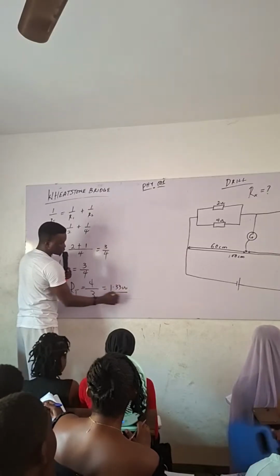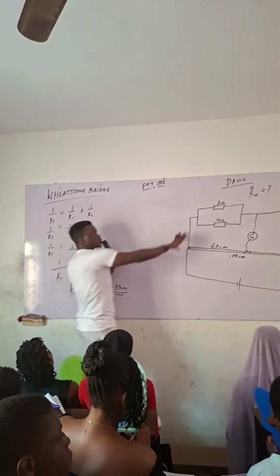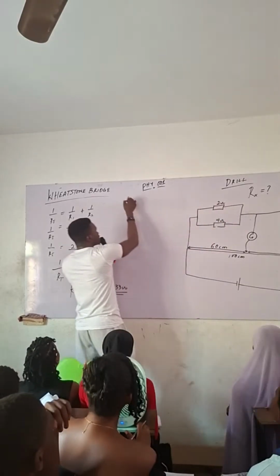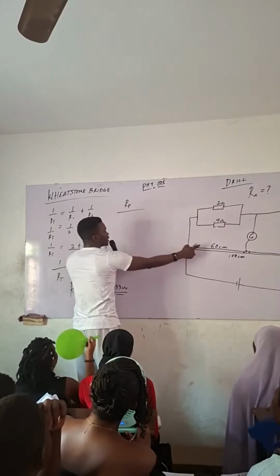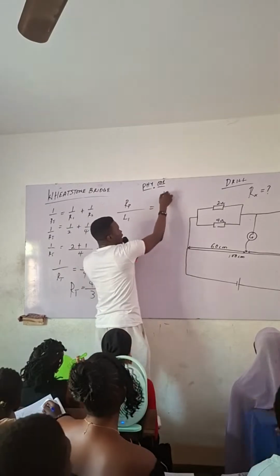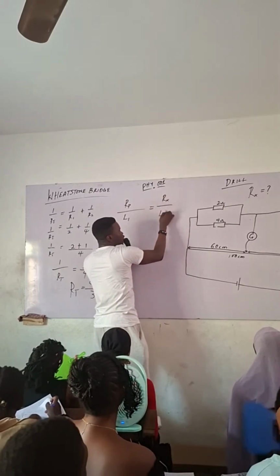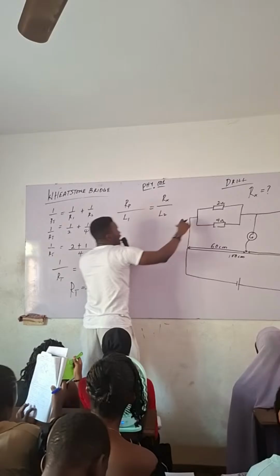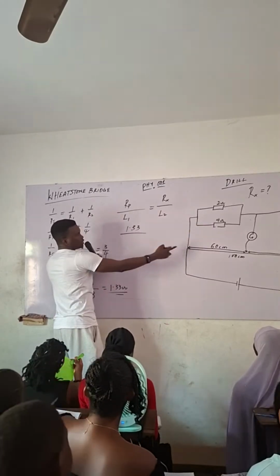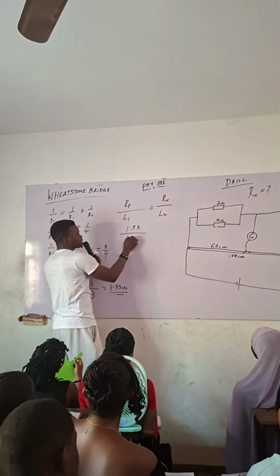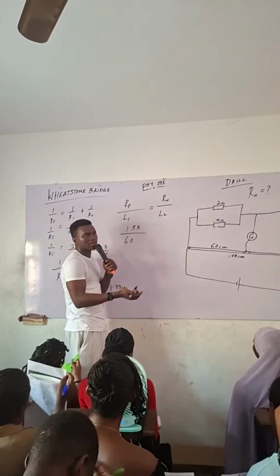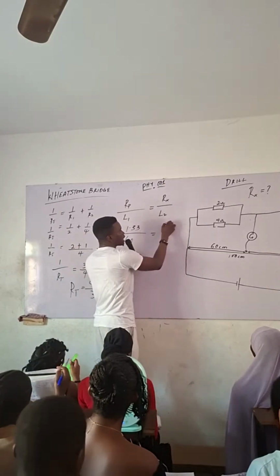1.33 ohms. So meaning that we have turned these two now to 1. So you can now say R parallel over 60 over L1 is equal to Rx over L2. So these guys are the R parallel. That's 1.33 over, you already know that place is 60. You don't need to convert it because centimeter will cancel out centimeter. So that will be equal to Rx over